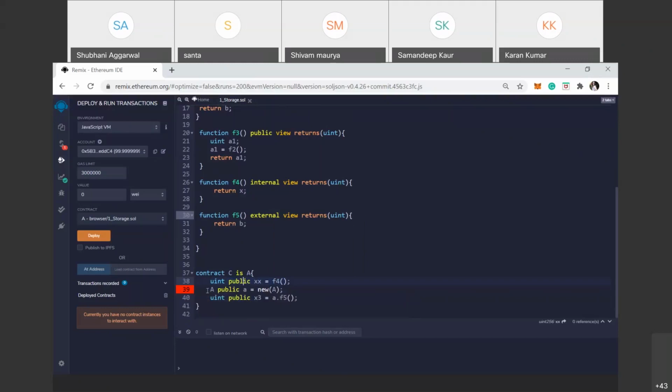Okay, this contract is A. So C is derived from A, so A is public in nature. Why is it showing an error?